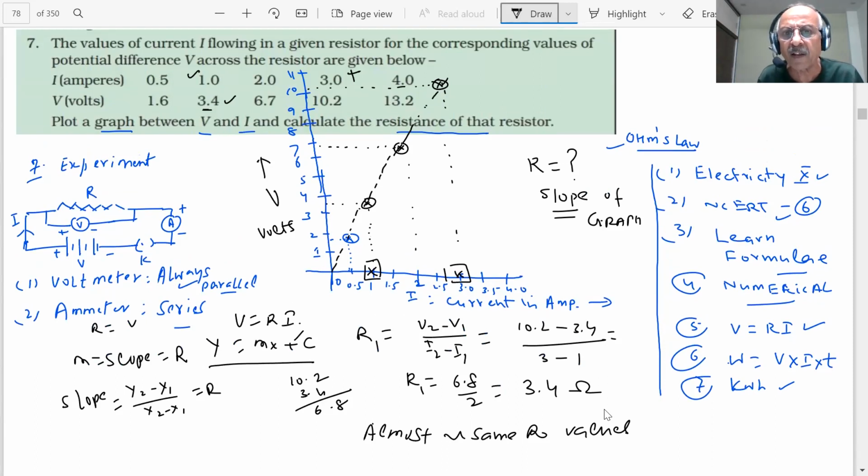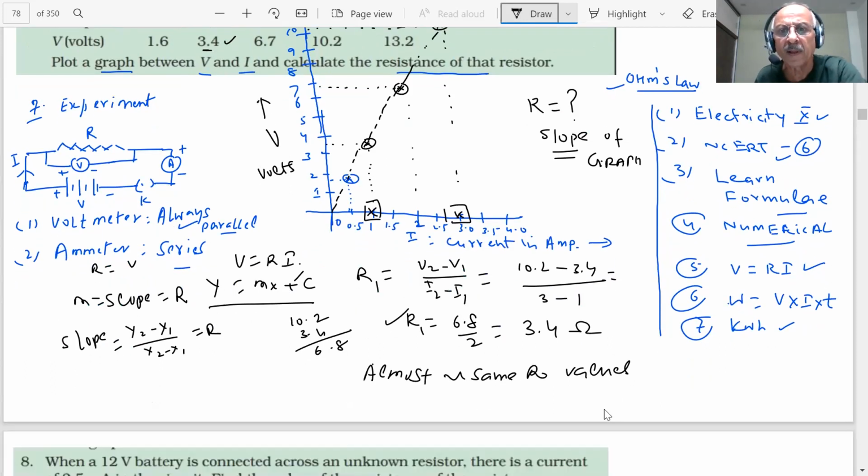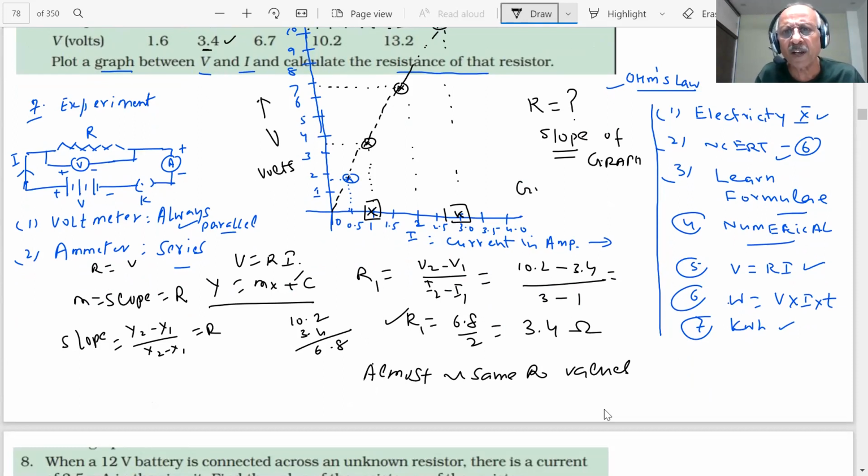This is my I1. Okay? Is it okay? Can you tell me we did the right thing, students? Yes, sir. So we can calculate at any point. If you have a graph, you will make this on a graph paper, then you will get complete and correct values. So such questions can be given in the paper.